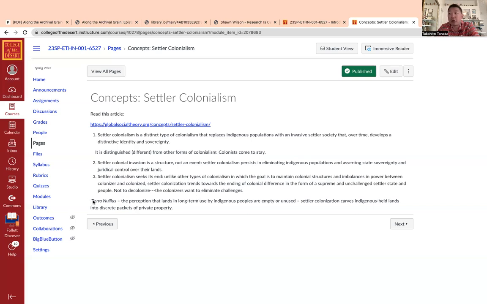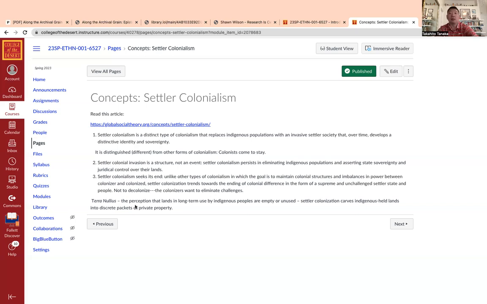Within this, we have a term called terra nullius. It's a Latin term, and the perception that land in long-term use by indigenous people is empty or unused. So there's this term of settler colonialism that gets put into place, but also this thought that the colonized, like the indigenous folks, really didn't exist, or the land they lived on was not being used in a proper way and was empty. It was basically free for people to take over. This is a notion that's very problematized, and we look at this term as